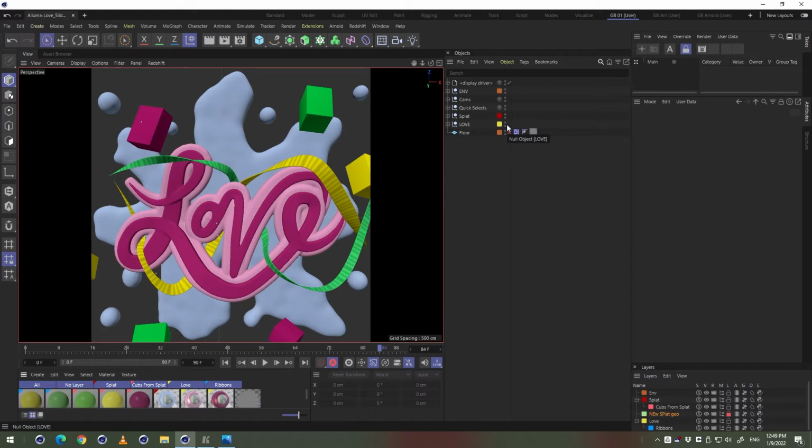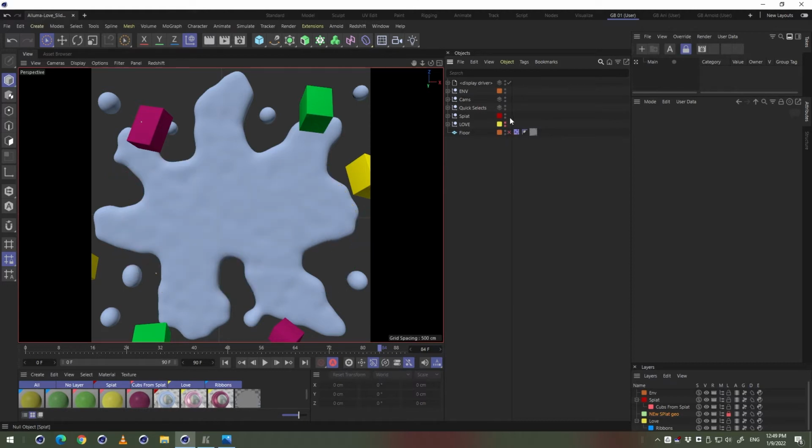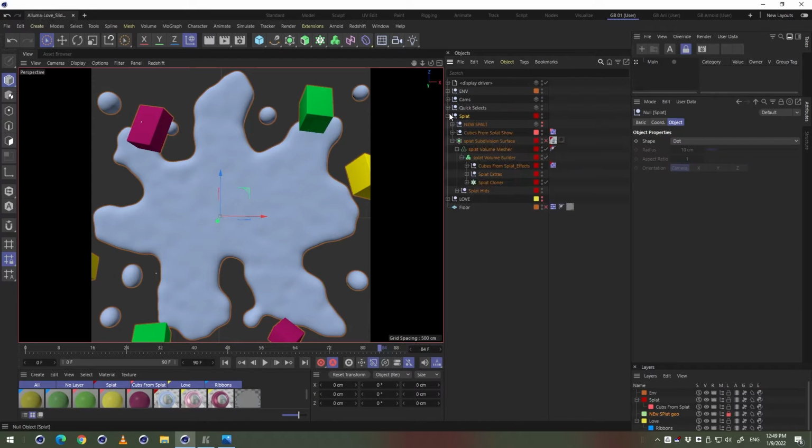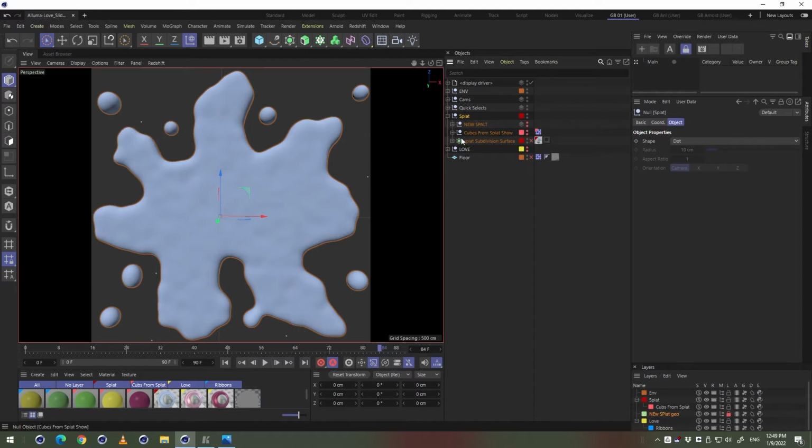So let's hide everything else in my scene and jump into the splat. So this is my main splat that I have here, grouped in this null grouping here, and the main composition of this splat, and I'll turn off my extra cubes here just so that they're not in the way, is I am using a volume mesher and a volume builder in order to create this effect. Now if I disable these,